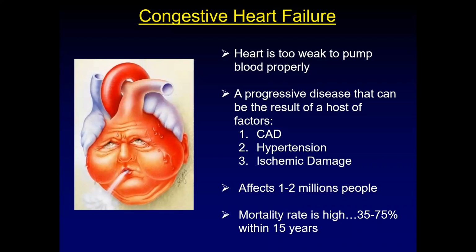So I love this image because I feel like it really captures what happens with congestive heart failure. Okay? With people that have congestive heart failure, your heart is too weak. Your left ventricle is too weak to pump blood properly. In some instances, it can be your right ventricle. Okay, but it's a disease. It is progressive. It develops over time. It oftentimes develops after people have had 1 or 2 or 4 heart attacks, and they've had so much ischemic damage to the cardiac muscle that it's not strong enough.